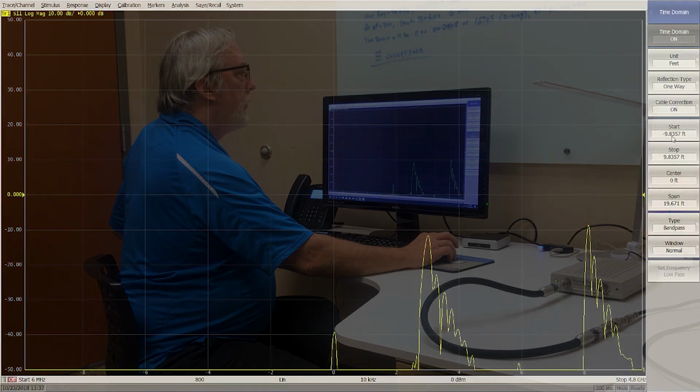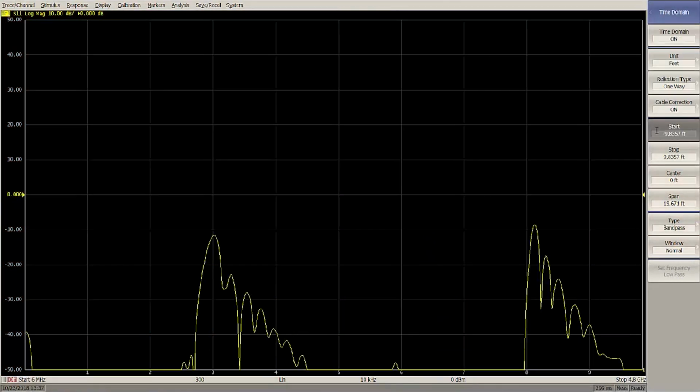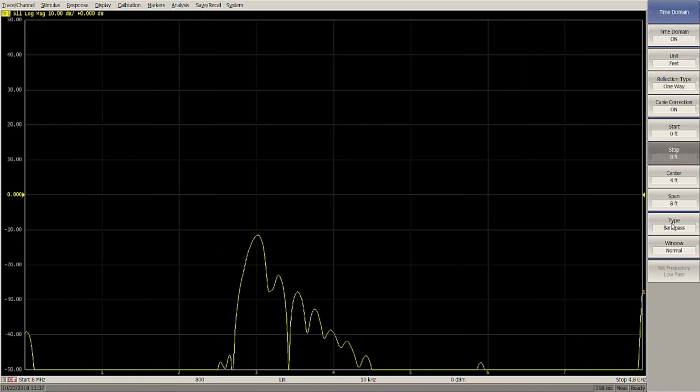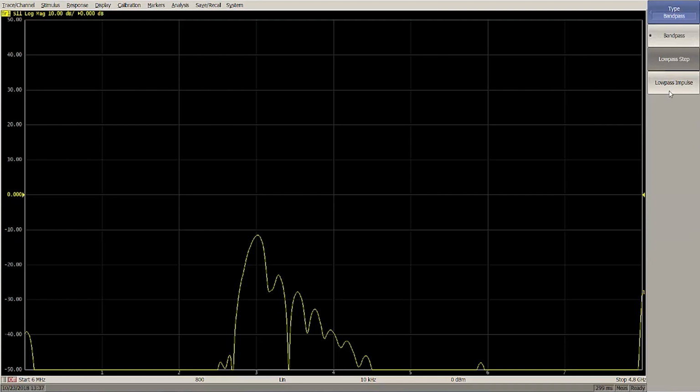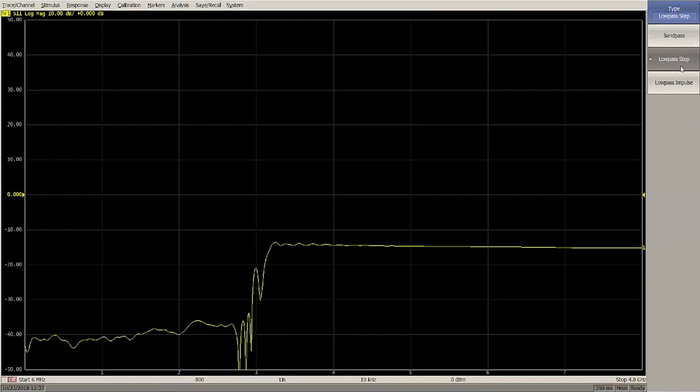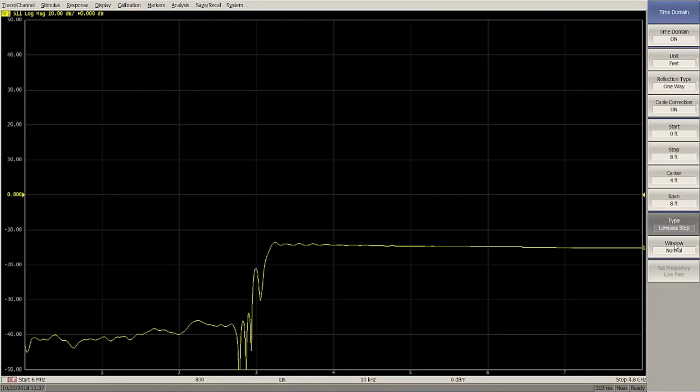The start I'm going to set to 0. The stop I'm going to set to 8 feet. And I'm going to have low pass step. And now I am properly set up. Now what you're seeing on the screen is this.